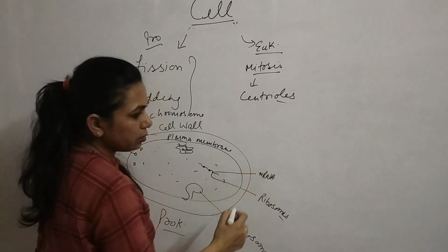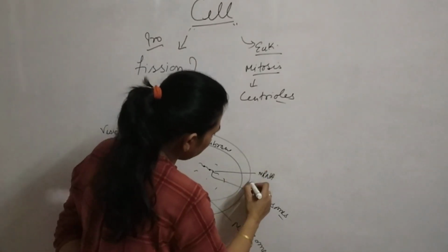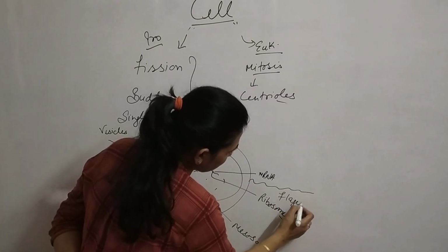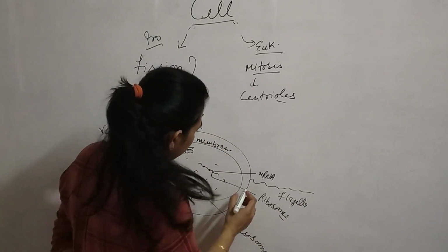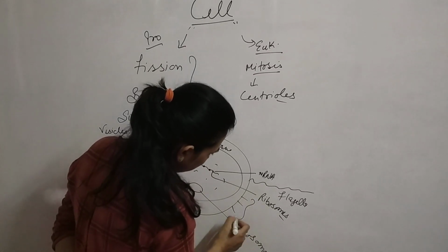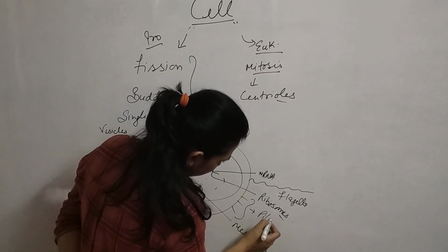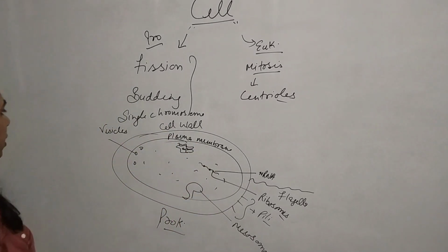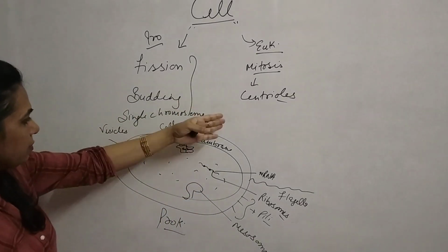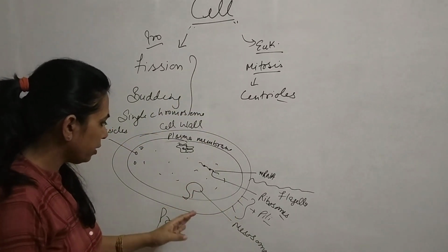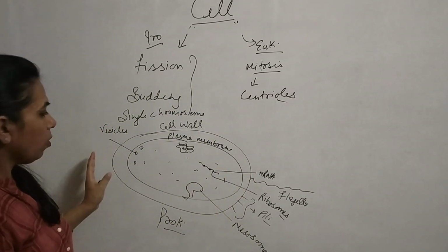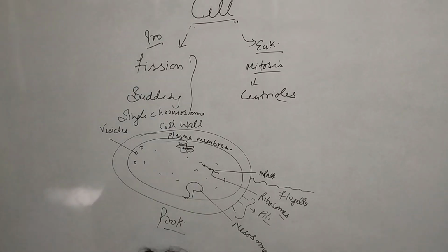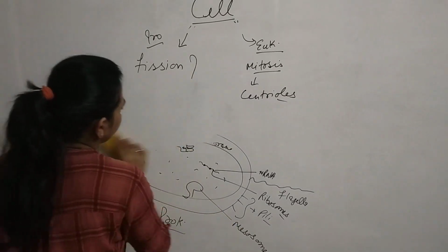And in prokaryotes, for movement, a long hair-like structure is present. We use the term flagella for the motility, and small hair-like projections are present called pili. Right? So in prokaryote, only these vesicles, plasma membrane, cell wall, mRNA, and these mesosomes, flagella, pili, only these structures are present. These membrane bound organelles are absent. Right?